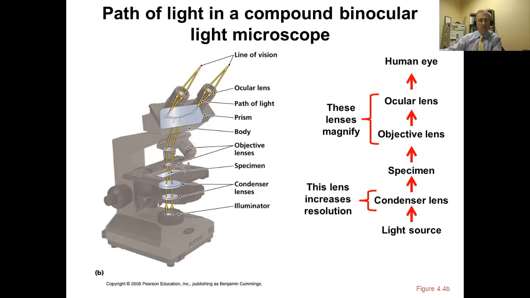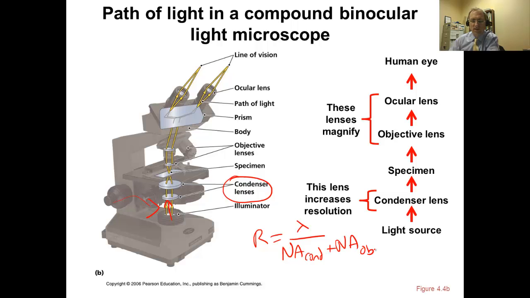Looking at the parts of the compound light microscope, we can see that the light source starts down here at the bottom, passes through a special lens which increases resolution. We recall from our formula, resolution equals wavelength divided by the numerical aperture of the condenser plus the numerical aperture of the objective. The condenser lens is one of these lenses that increases the resolution. Ultimately, it's going to then pass through the specimen